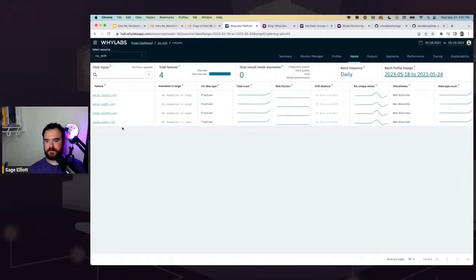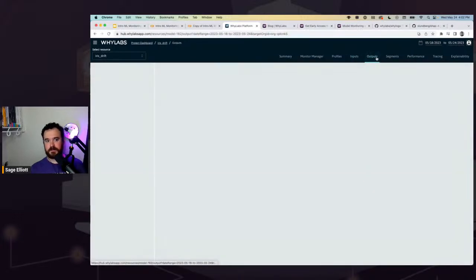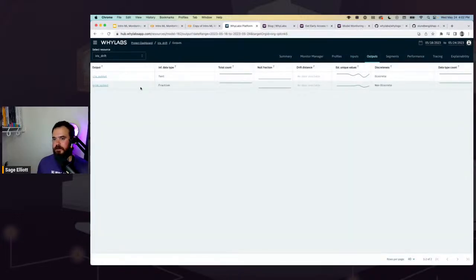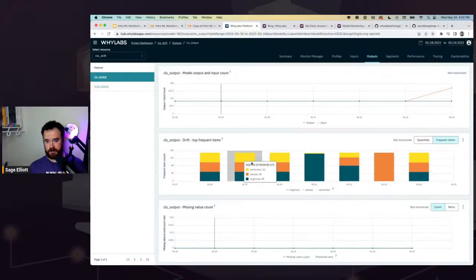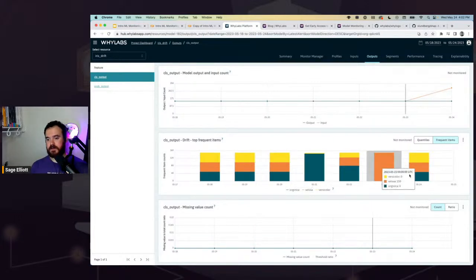I know in this case we only have 4. We have this output tab here and some other features around monitoring, like if the output changes. But here, let's click into class output, and we can look at our frequently predicted items for the 7 days, just like we were looking at input data, but now we're looking at the output data of our model.